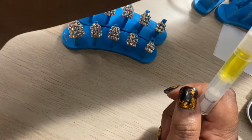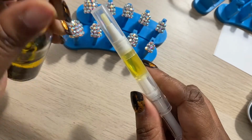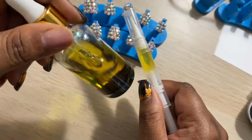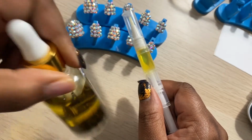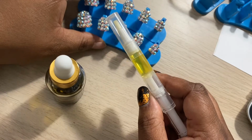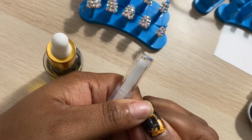You're going to need a cuticle pen with oil, and you're also going to need a regular jar of oil. Even if you don't have both, one or the other will suffice. So we're going to use the oil to help lift the glue that is on the press-on nails and on